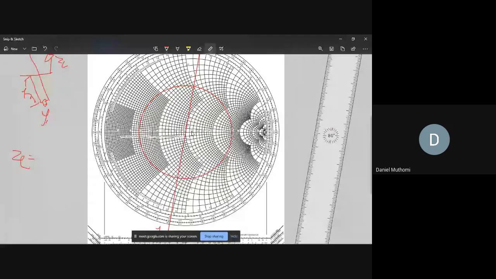So for matching, see this, our constant VSWR circle, we are going to look at its intersection point with